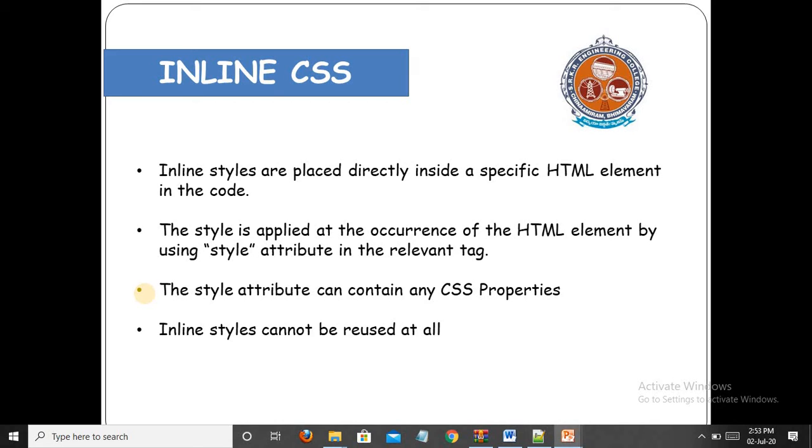Simply, inline CSS is used for a single element or particular tag, and we cannot reuse it. So there are so many limitations. Inline CSS will be used in very few cases, and you can better avoid it. It is just a replacement for using attributes in the p tag.